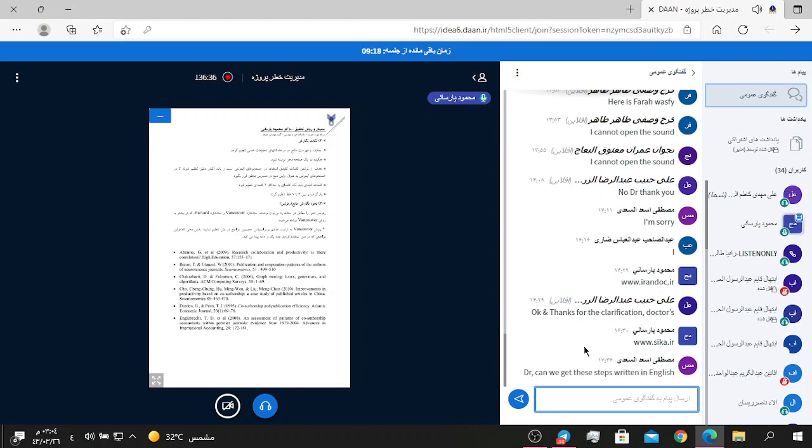And if it has two writers, write the first, and after that the surname of the second writer, comma, and the abbreviation of his or her first name. Okay? And if any reference has more than two writers, write in this way. After the surname and the abbreviation of the first name of the first writer, we write et al., like this example that